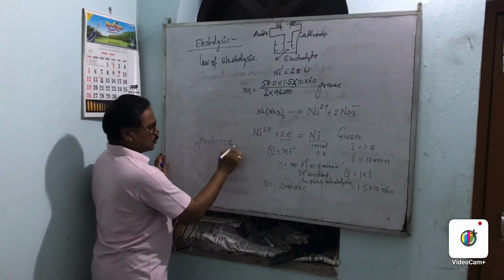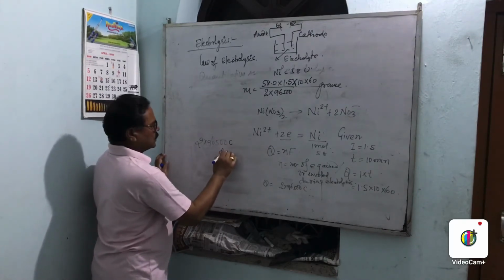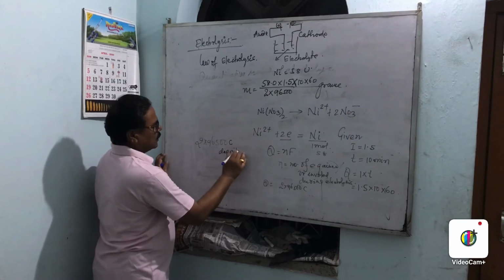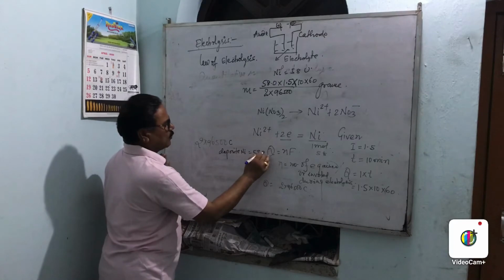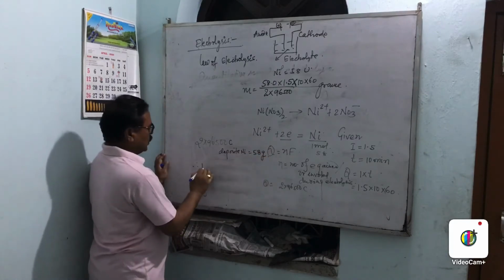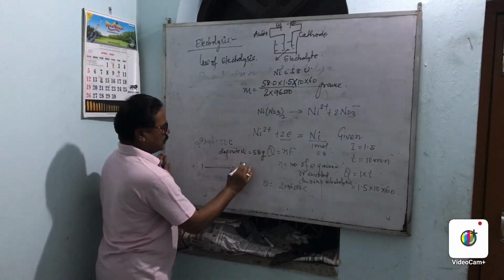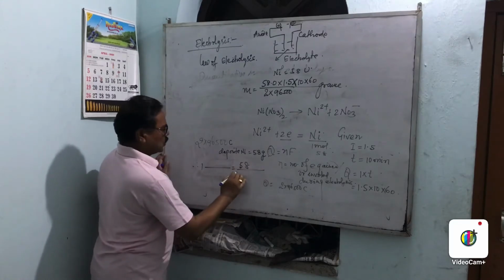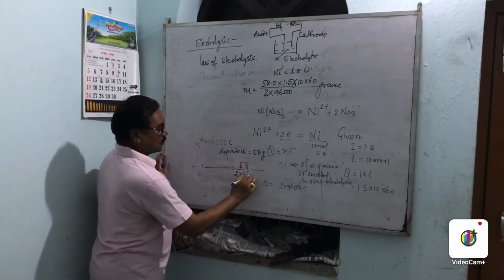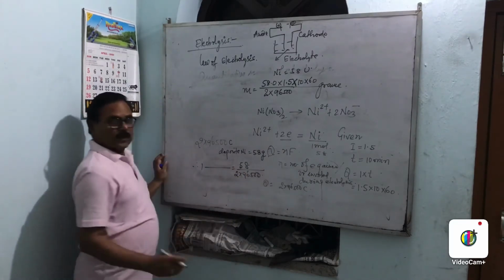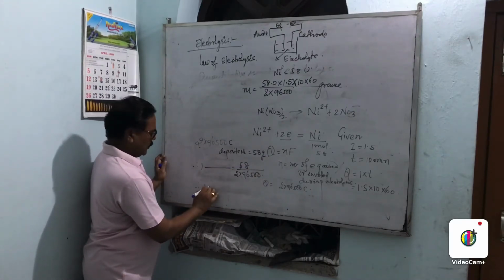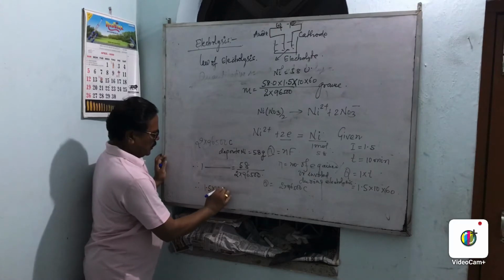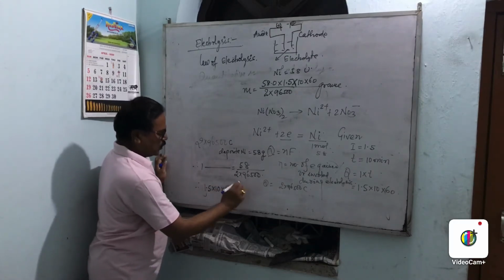96,500 coulomb deposit 1 mole of nickel. How many grams? 58 grams. Therefore for 1 coulomb, this is 58 by 2 into 96,500. Then for 1.5 × 10 into 60 coulomb, the amount deposited will be